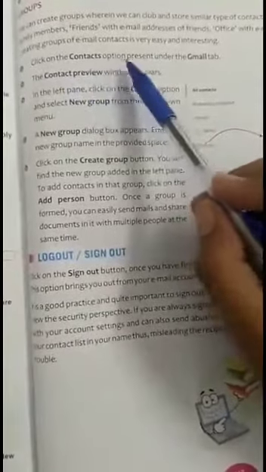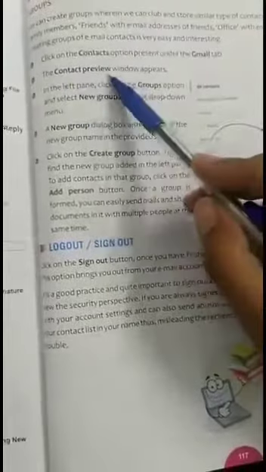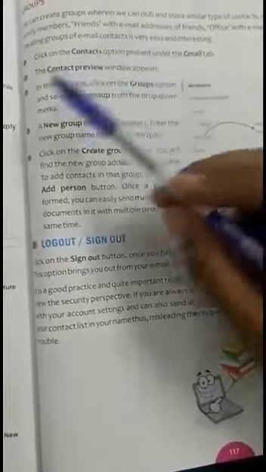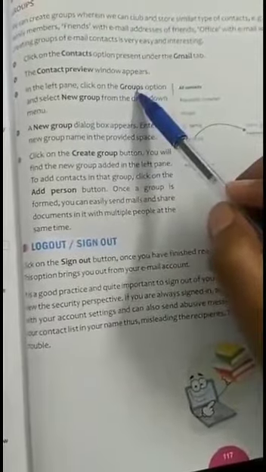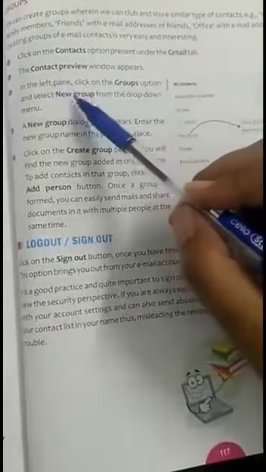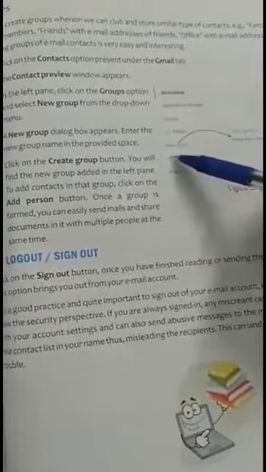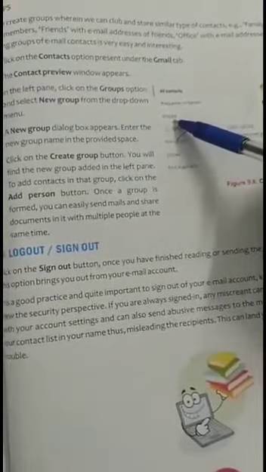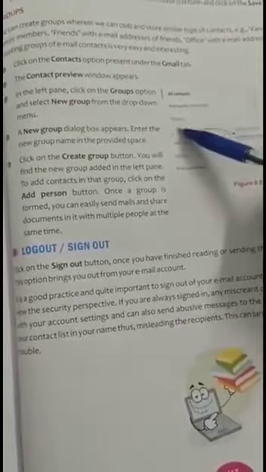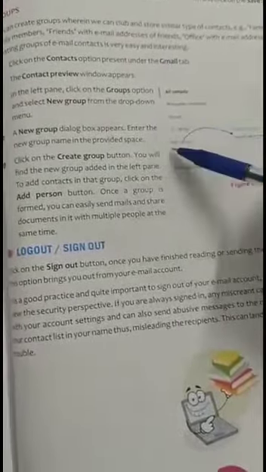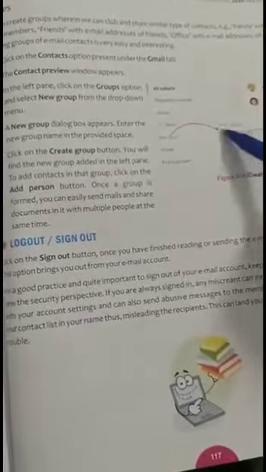Click on the contact option present under the Gmail tab. The contact preview window appears. In the left pane, click on the groups option and select new group from the drop down menu. Here family group is already created, but we want to create a new group, so we need to click on new group, and the new group dialog box will appear.